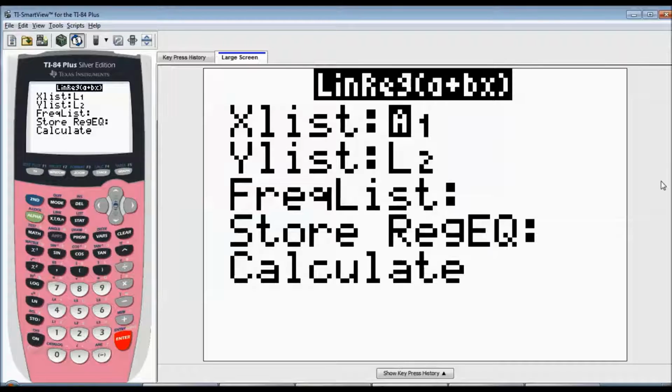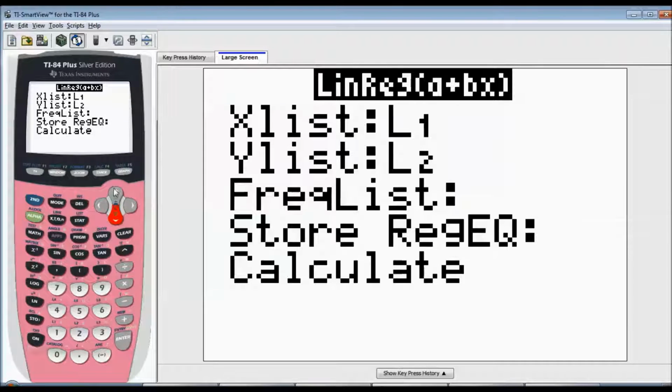So I had my x and y in L1 and L2, so that's fine. We don't really ever use a frequency list. This one asks you, where would you like to store your regression equation? Now, I want to store it in my y1. What that's going to do is take my line of best fit equation and put it in there. This is not something you really need to know how to do today or for your homework, but just to show you how to do it,